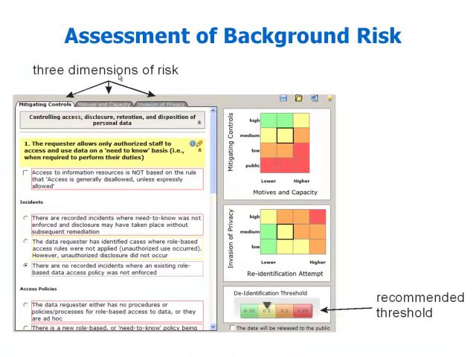And so the way we've operationalized this in practice is we look at 3 different things, which are highlighted at the top, essentially 3 dimensions of risk. Mitigating controls, which are essentially the security and privacy practices of the data recipient. So if I'm giving you data, I want to evaluate what security and privacy practices you have in place. And if you have good practices, then I'm going to give you a higher threshold. And if you have poor practices, I'm going to give you a lower threshold. We also look at motivation and capacity to re-identify, which is the second tab. And for example, if you're releasing data to a journalist, chances are they probably will want to write a story about re-identification if they can.